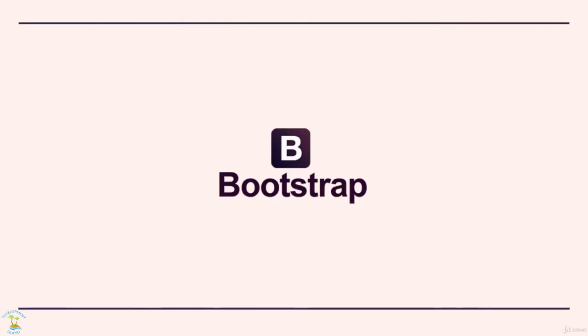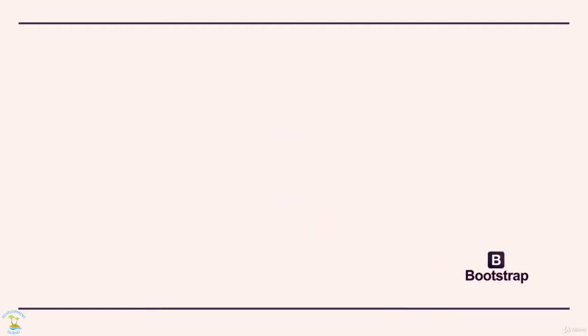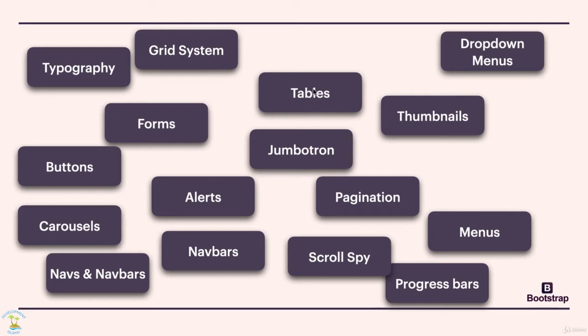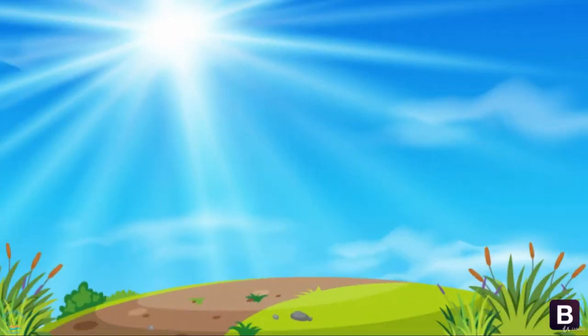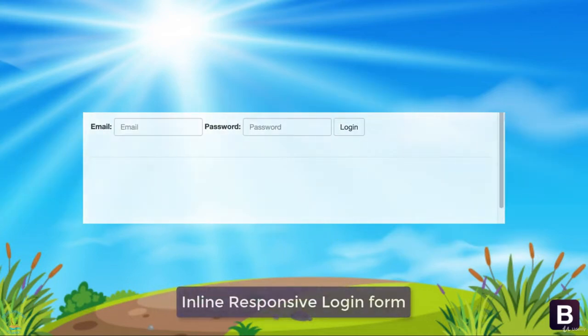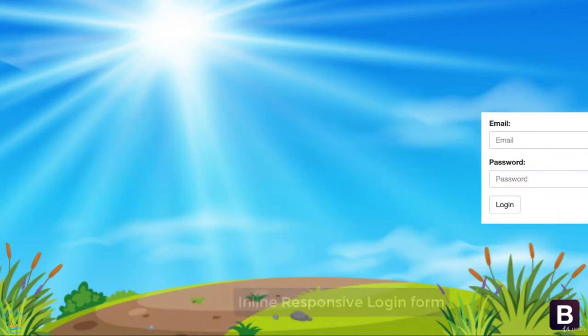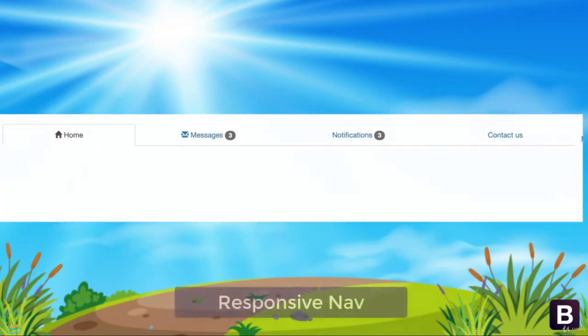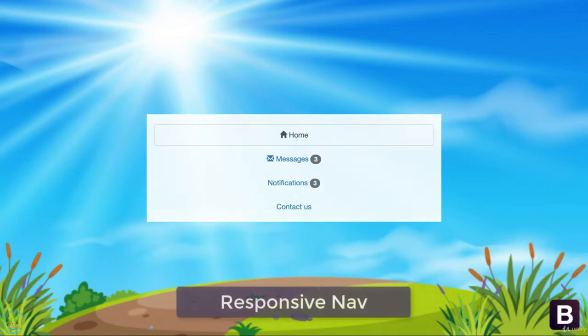Then you will move to Bootstrap, which is a CSS framework used to create responsive websites. It contains both CSS and JavaScript-based templates for many components, including buttons, forms, tables, and much more. You will use Bootstrap to create many examples, including an inline responsive login form, a horizontal responsive login form, a responsive nav,